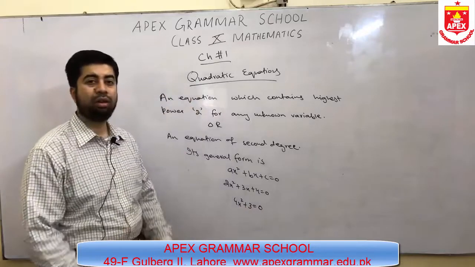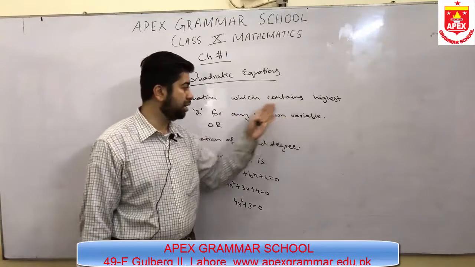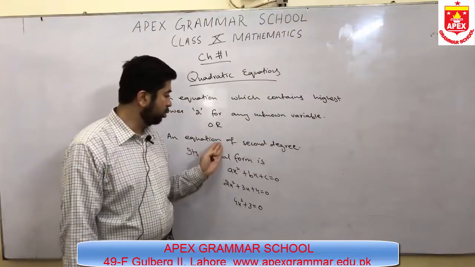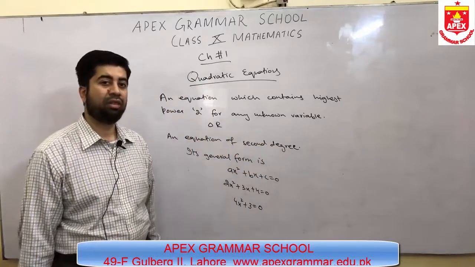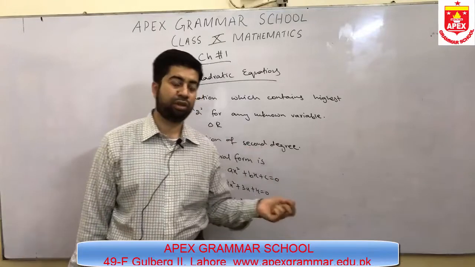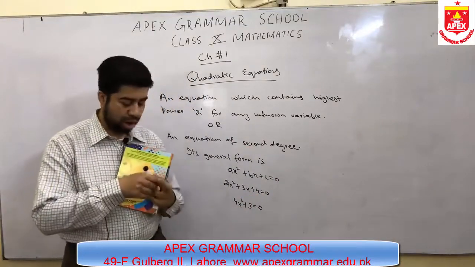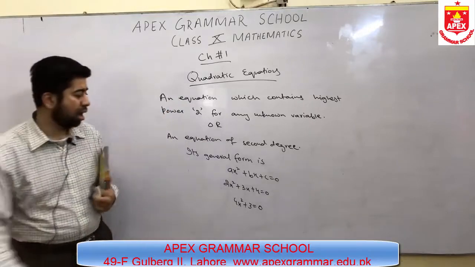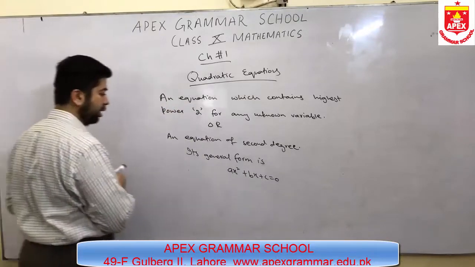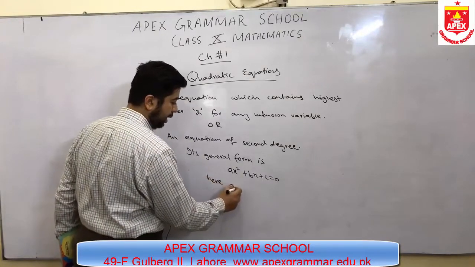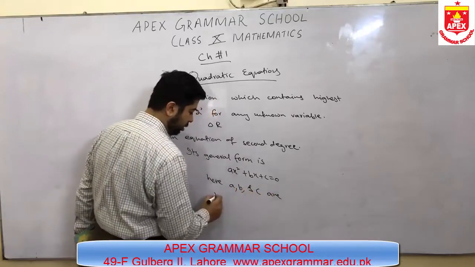Is this a quadratic equation? Yes, because it meets the basic criteria: it contains the highest power 2, and it is an equation of second degree. Degree means the order of the power that we are going to use in that equation. This is also a quadratic equation. So now we will see what a, b and c are here. A, b and c are real numbers,